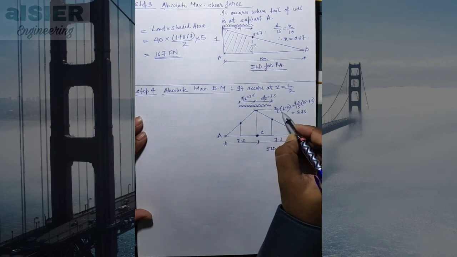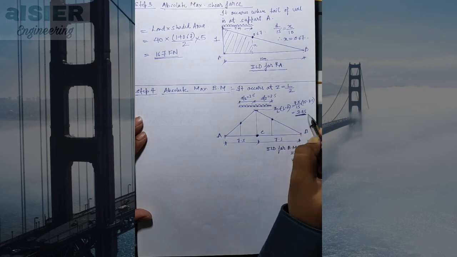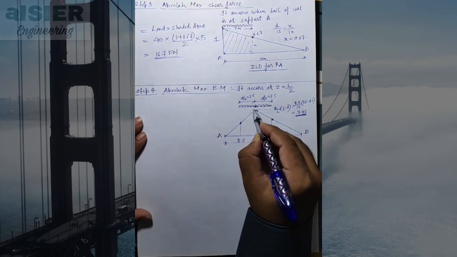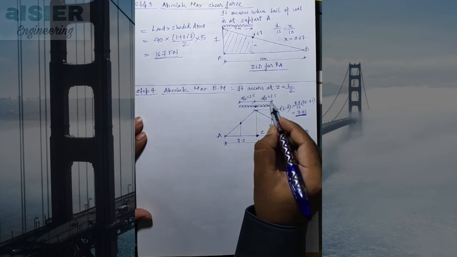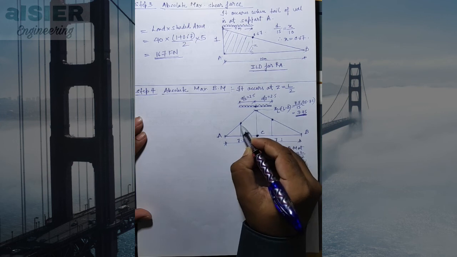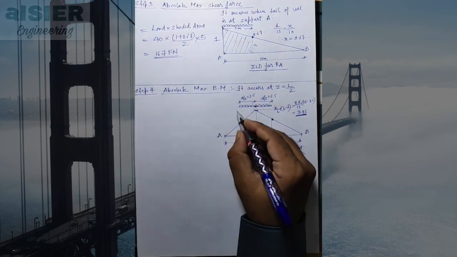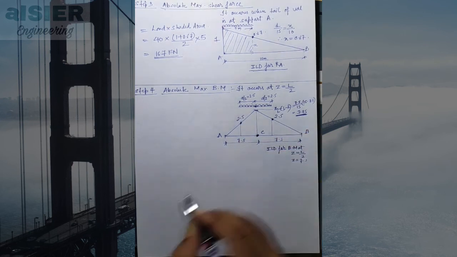So now in previous case section was at a distance 6, here it is at 7.5. So 7.5 divided by 15 in bracket 15 minus 7.5. So we will get this ordinate as 3.75. Right? Now we will place exactly UDL at the center. Right? So this distance is d by 2 and this distance is d by 2, means 2.5 and 2.5. Total length is 5. So now we will calculate these ordinates. So these ordinates we will get as 2.5 and 2.5 using similarity of triangle.